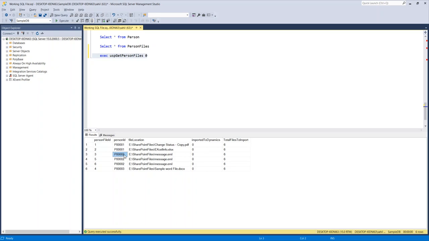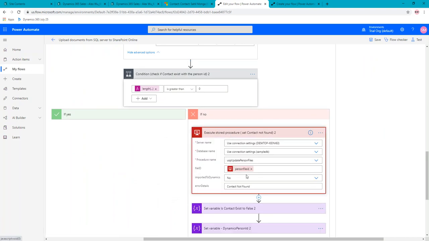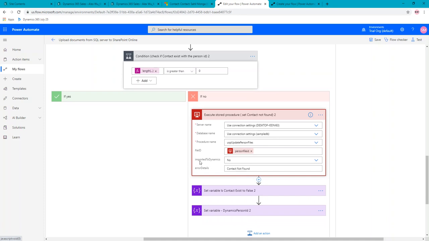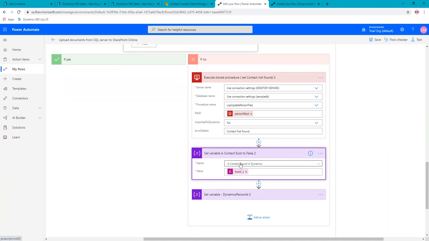So for contacts like these, what we are going to do is that we are searching in Dynamics, but we did not find any contact with this ID. So what we'll do is that we'll update back the table and we'll say imported to Dynamics no, and the error details is contact not found, right? And we are going to set is the contact found in Dynamics to false,